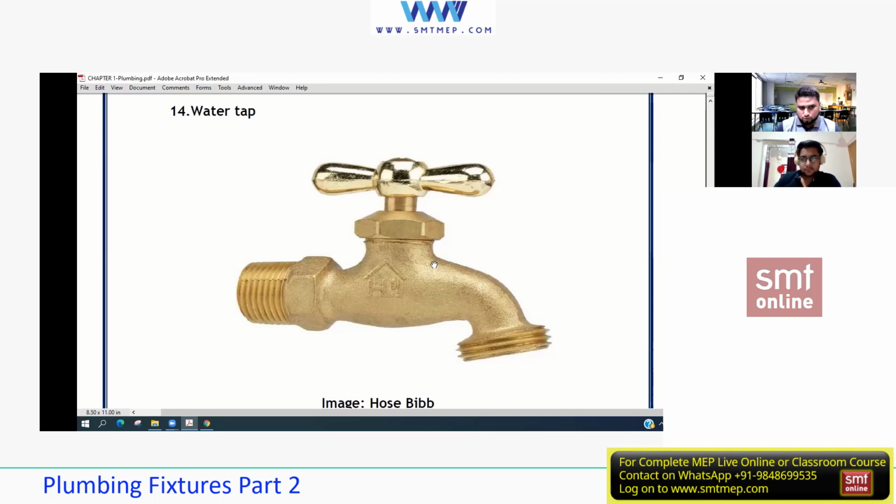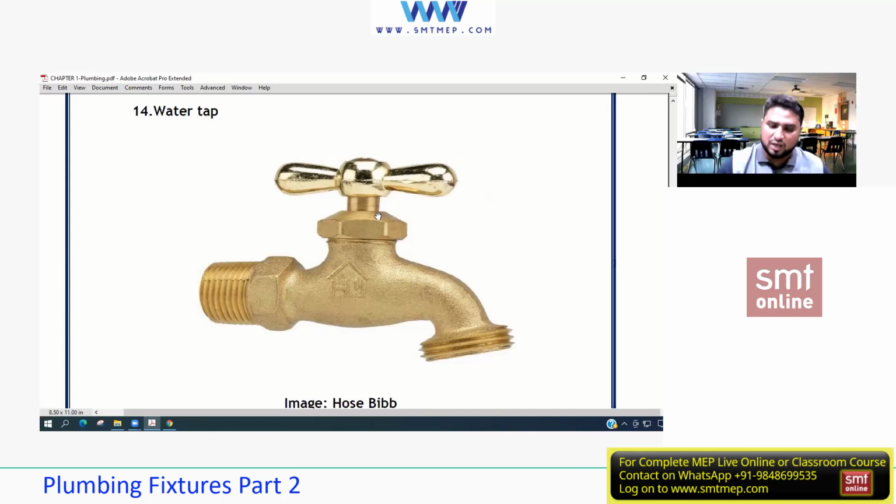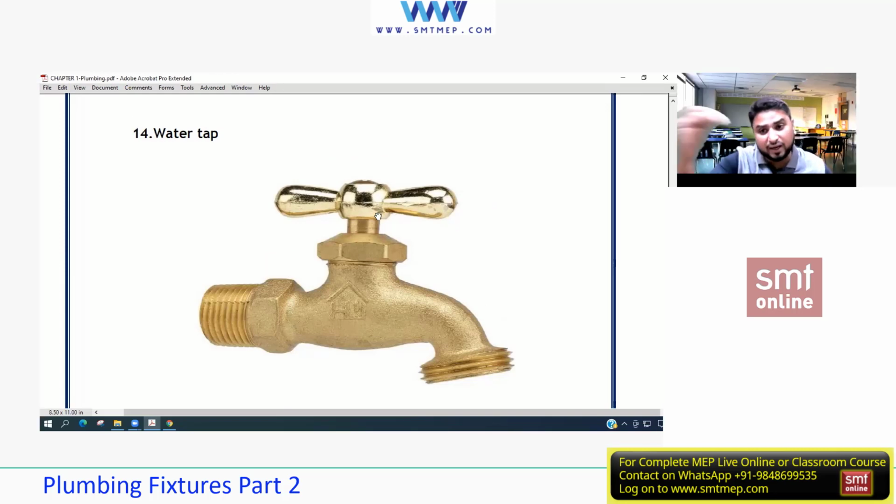So the main function of this, remember, whenever I say tap, however it looks, is that we have a gate valve inside, and it should be completely open or completely closed, because of the velocity hitting that gate. If I'm not opening it completely, the gate will get damaged. Yes or no? Simple. It also makes sense, because if I open once, twice, thrice, I get the required amount of water for my purpose. If I open once, I will not get very low pressure.